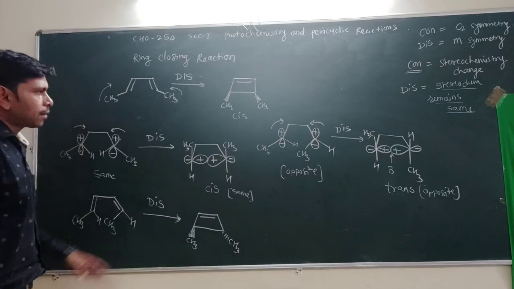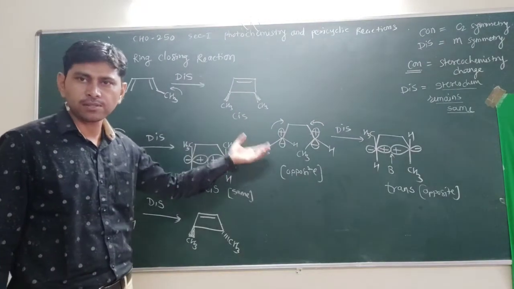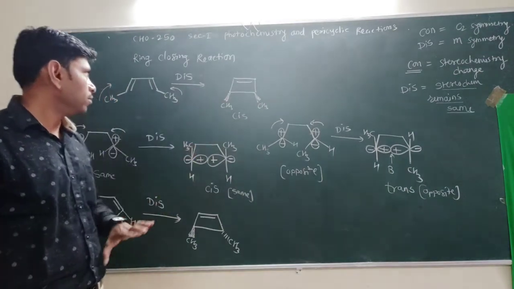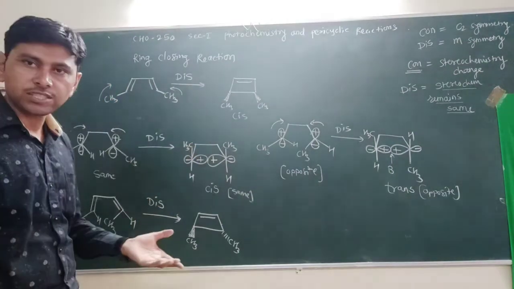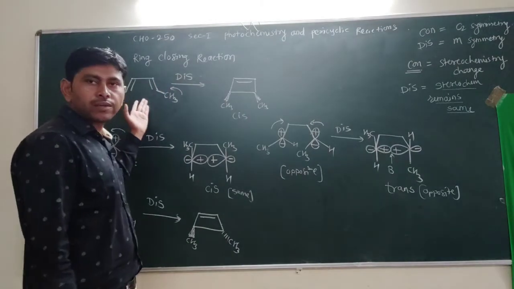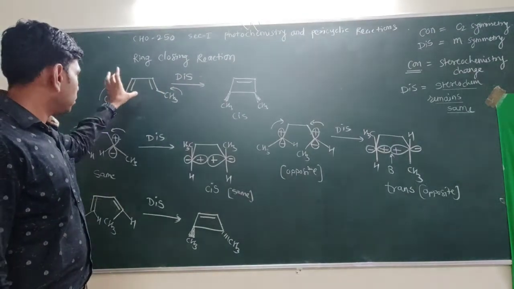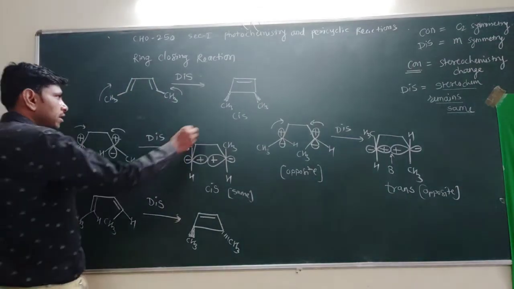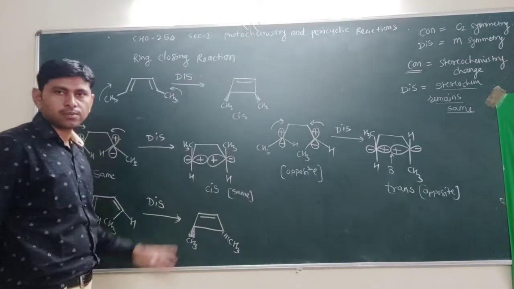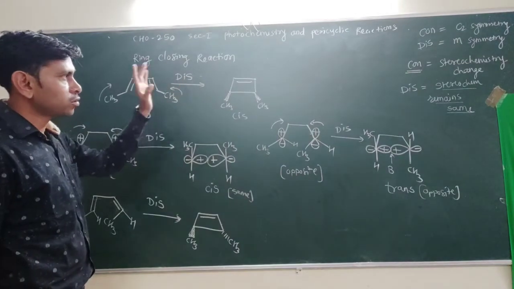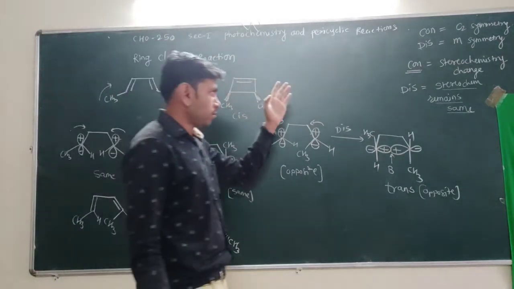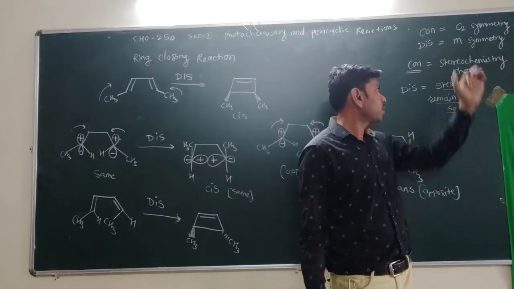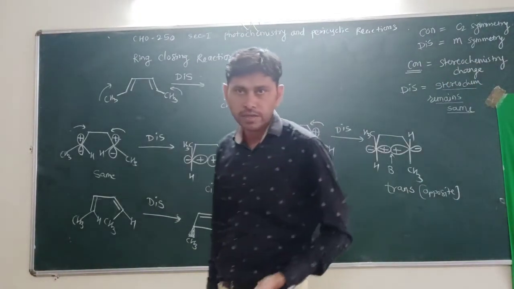We can apply this for so many examples, where the rotatory motion we can change. We can change the pi electron system also. We can change this system in many examples, and we can prepare so many examples from this and apply this rotatory motion, and identify or check the rule here: whether stereochemistry changes or it remains the same.